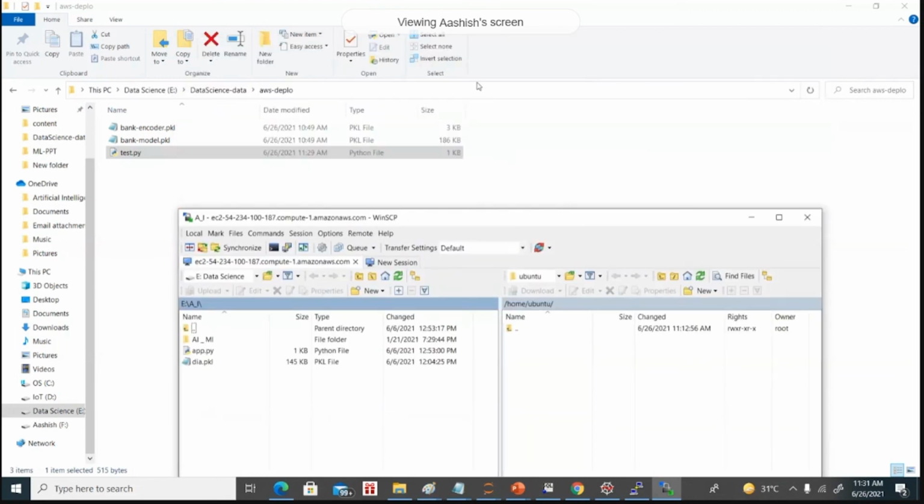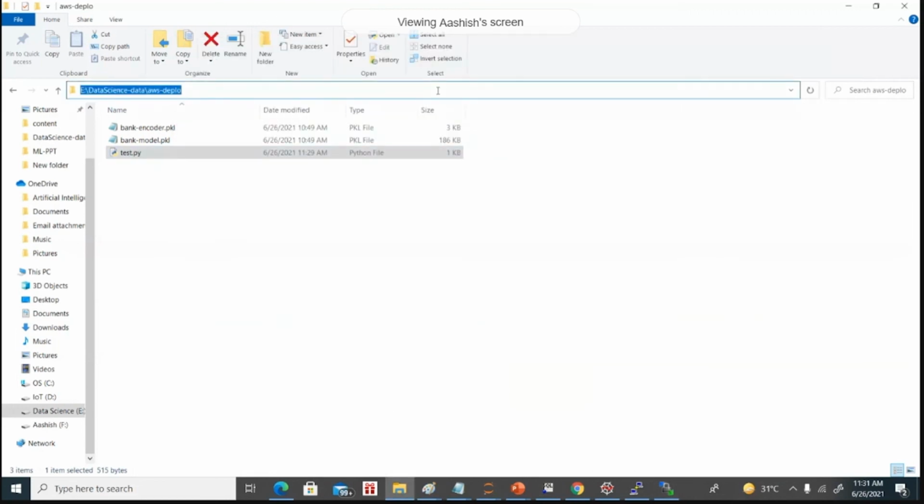So now it's connected. So what we do is, this left hand side panel is your system, and the right hand side panel is your VM.